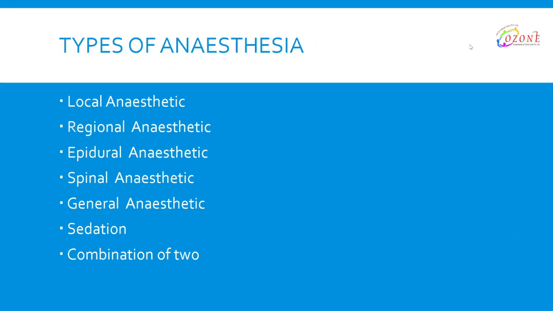Each and everyone is aware about the different types of anesthesia: local anesthesia, regional anesthesia, epidural, spinal, general, sedation, or many times a combination of these is used. Each and everyone has its advantage and disadvantage. Out of that, most of the time, what we consider the most dangerous one, where certain risk elements are involved, is general anesthesia. So we should take each and every type of anesthesia with due care and precautions.